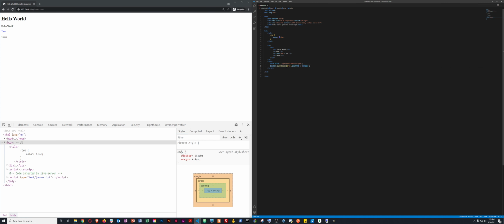So if we just use query selector, that's not going to work because that always selects the first thing that returns a true answer. And if we go through this here, DOM, the first paragraph is this one. It's not this one. So another fancy method that we could use is query selector all. What that's going to do is give us all of them. So then if we save that,